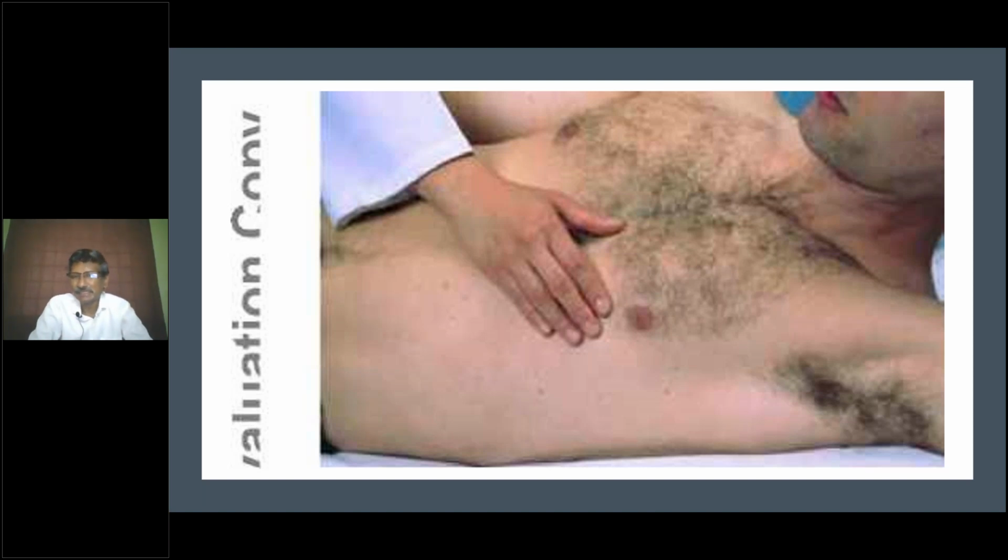So we study the type of apex here. If the apex is just tapping and going, you call it a tapping apex, a firm tap, something like what you feel when you keep your hand on one side of a cardboard and someone knocks from the other side. That is the tapping. The second one is heaving. A heaving apical impulse will lift your finger well, and a sustained lift will be there. A sustained lift of the finger is caused by the heaving apex.